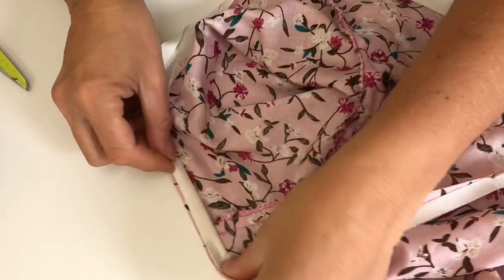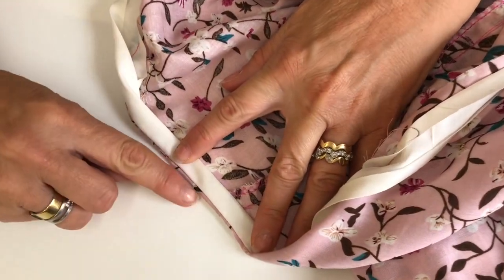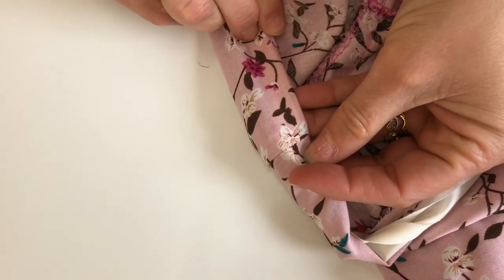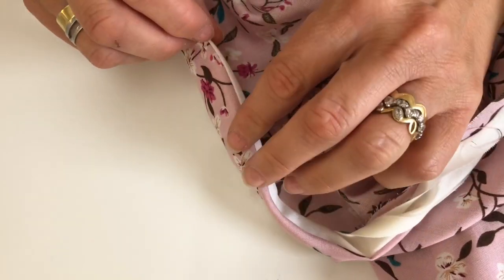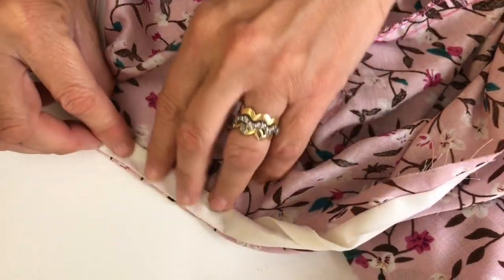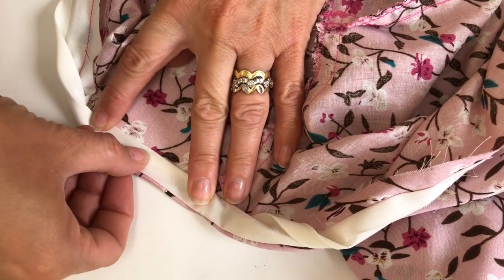What you want to do is stitch along this bottom edge here. So always allow that you want to be able to see just a small piece of your main fabric, because that way we can ensure that it's not showing on the right side. All we want is one neat line on the right side of our fabric here. We don't want any of the cream binding to show like that. So to avoid it, fold it under and under again. Roll it so you've got just a couple of millimetres here,